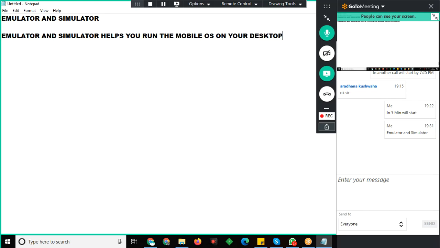You need to configure this on your desktop, and it gives you the same experience as using the application on your regular device. You can install the application in the emulator or simulator and test the application under it, you can do all these things.